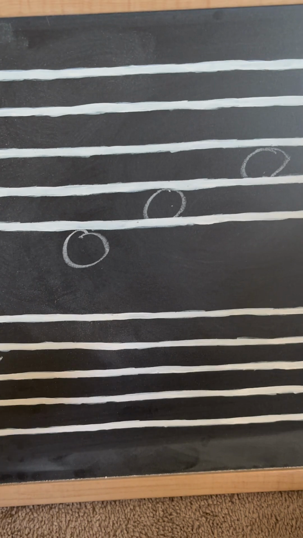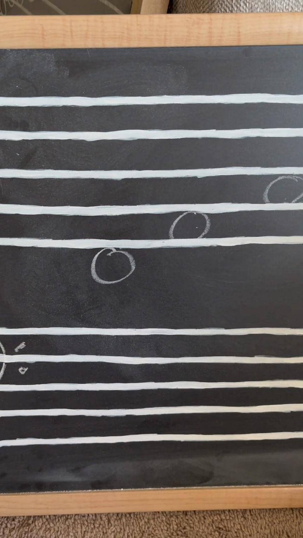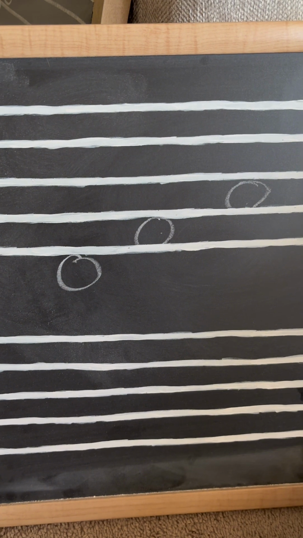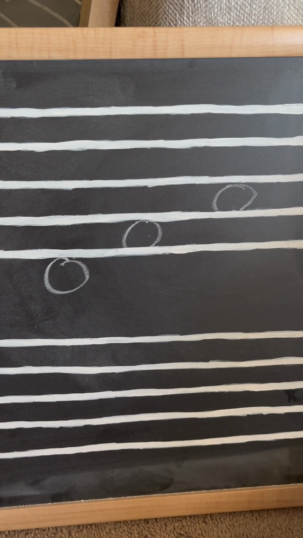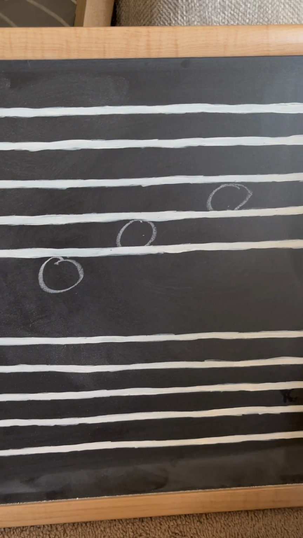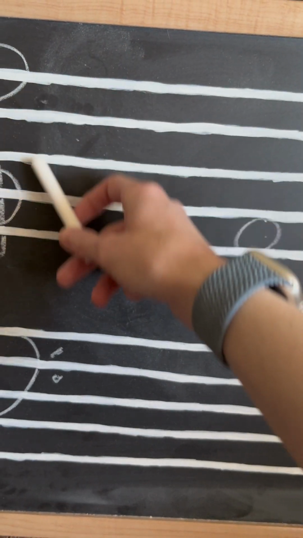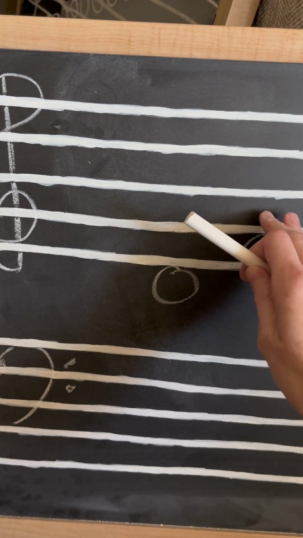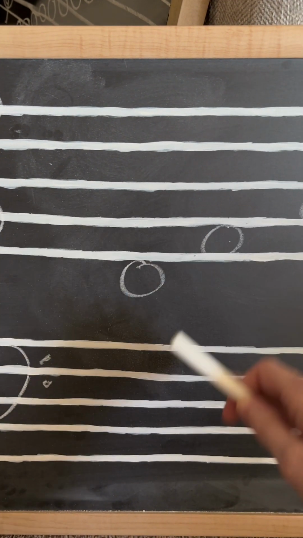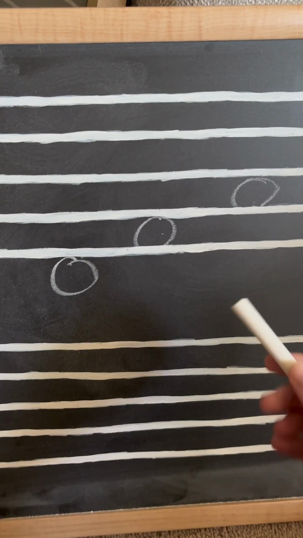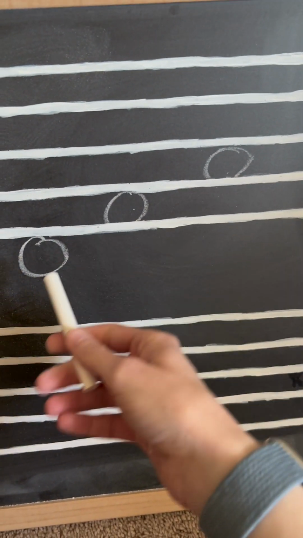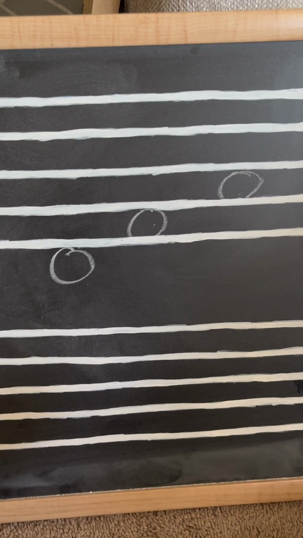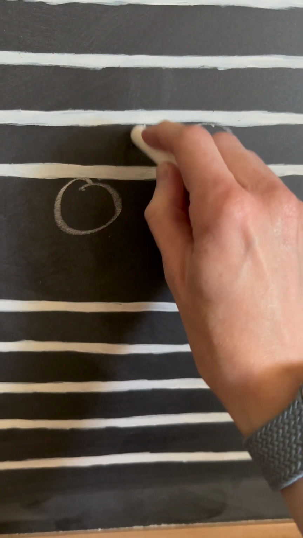An accidental is defined as a sharp, flat, or natural that is written into the music outside of the key signature. So in the C major scale, because we have no sharps or flats, everything is considered a natural note. So that means accidentals in the key of C major are going to be sharps or flats. So for example,